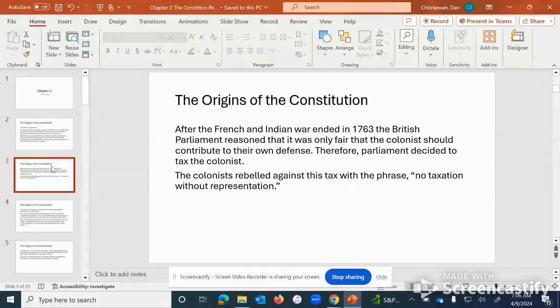So the pulling back of this freedom really began after the French and Indian War ended in 1763. Great Britain spent a lot of money defending the colonists during the French and Indian War, and they felt it was only fair that the colonists should pay for